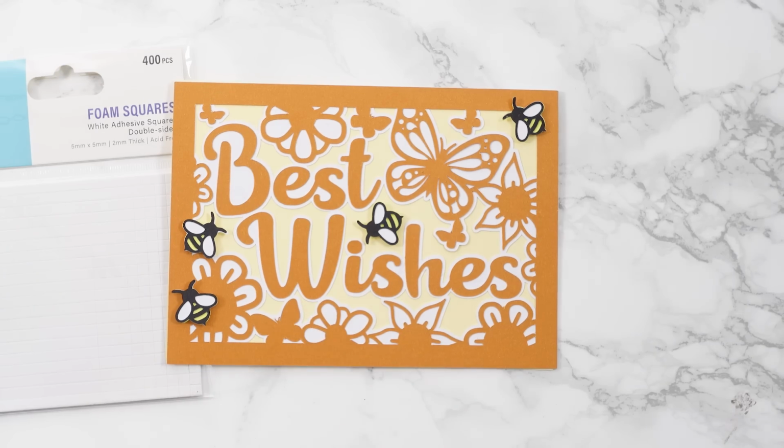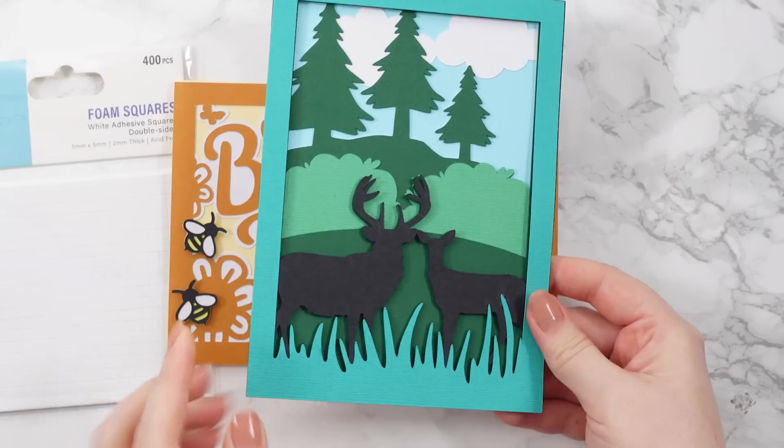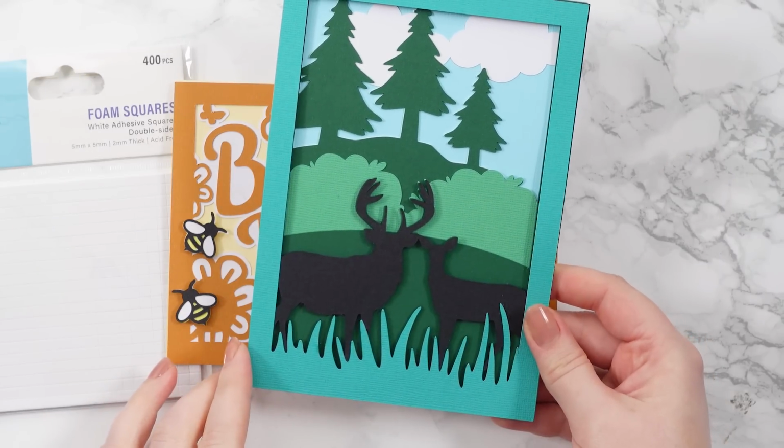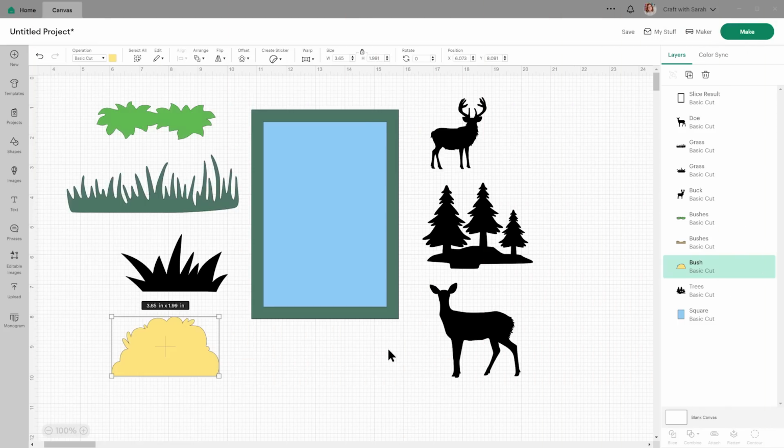So instead of this one, we're now going to move on to creating different scenes using loads and loads of images. For this next part of the video, we're going to take our card making layering one step further by making a scene within the front of our greetings card. This is a different kind of way of making a card so that you can add more of a kind of decorative design in any theme that you want, rather than doing something that's focused around the edge of the text. So I've already made my rectangle and my inset border just like I did in the first part of this video, and I've chosen some woodland imagery from Cricut Access to get me started.